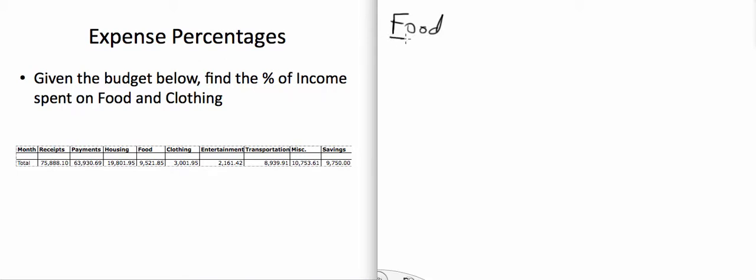So we want to know how much we spent on food, which is right here, $9,521.85. Oh, that's kind of cool, that's pretty neat. So $9,521.85, and we're going to divide that by our total income, which is total receipts. So we're going to divide that by